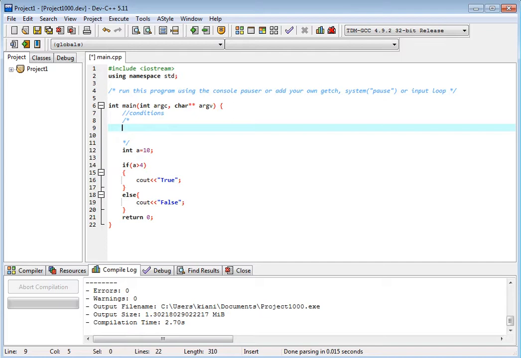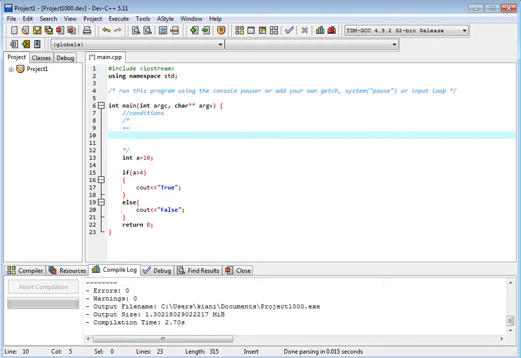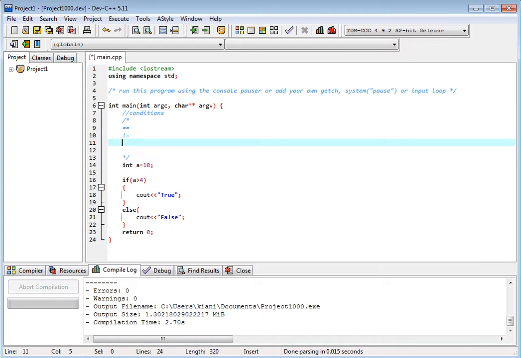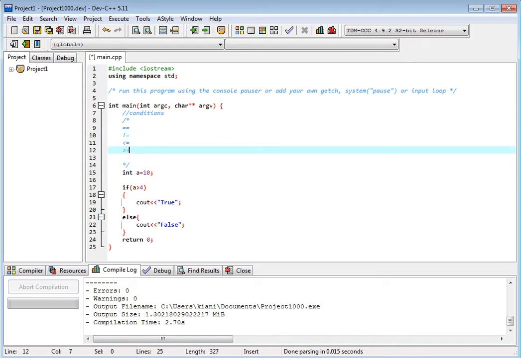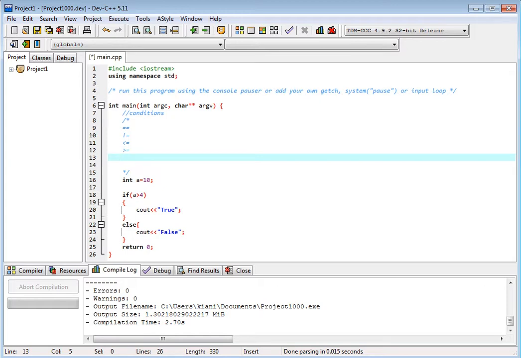The compiler will not compile this. Okay. Now this is the equal to comparison operator. We have not equal to, this is again a comparison operator. This is less than or equal to, greater than or equal to. Okay, so these are the operators we can use.